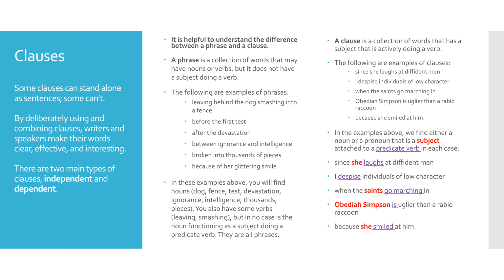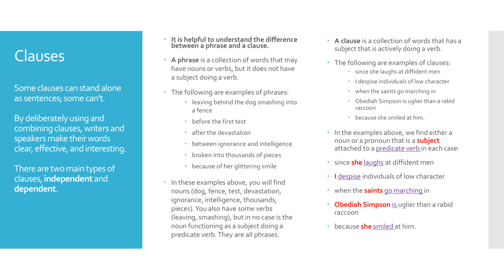In these examples above, you will find nouns like dog, fence, test, devastation, ignorance, intelligence, thousands, pieces. Lots of nouns there. You also have some verbs like leaving and smashing, but in no case is the noun functioning as a subject doing a predicate verb. They're all phrases. Now, a clause is a collection of words, that's similar, that has a subject that is